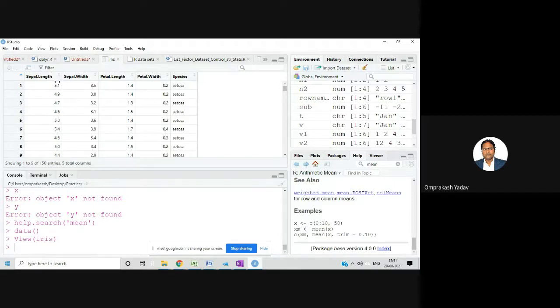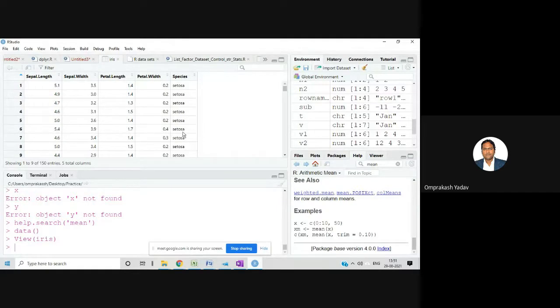And here there are 5 different columns: Sepal.Length, Sepal.Width, Petal.Length, Petal.Width, and Species. This is the data set of one flower, the iris flower. The last column is a categorical column where you can see what different types of species are available.